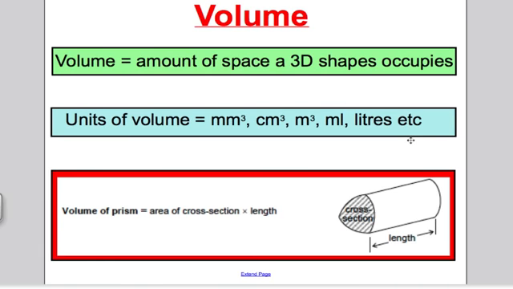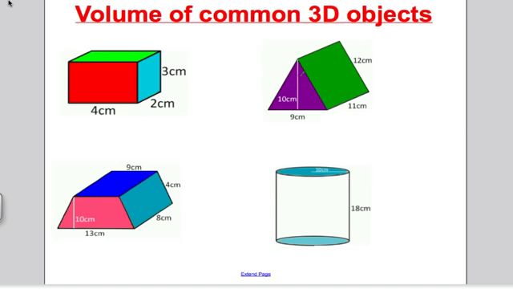Okay, using that knowledge of what volume is, the units of volume, and the formula given in the formula booklet, I'm going to move on to some simple volume questions on objects you should be familiar with. Here are four very standard questions that could come up in higher, quite basic. And the question would be, what's the volume of each of these 3D shapes? Well, we know from the formula booklet that the volume of a prism, and all of these look like prisms,